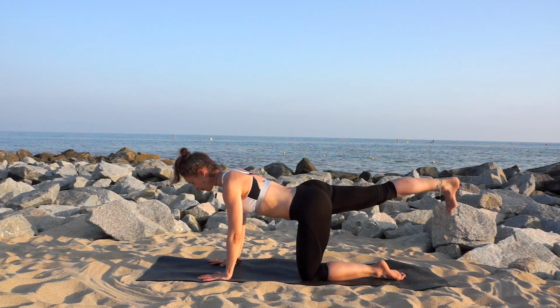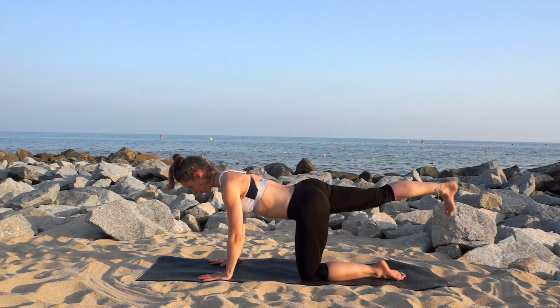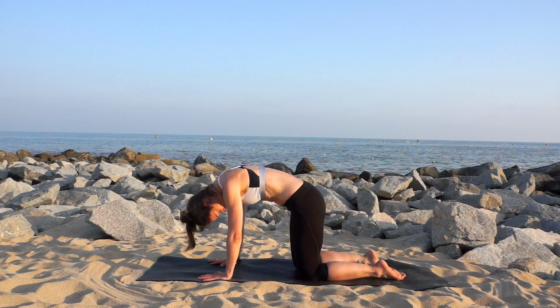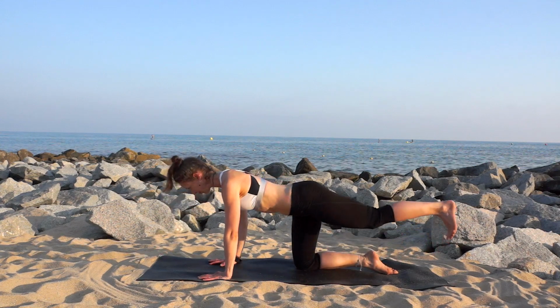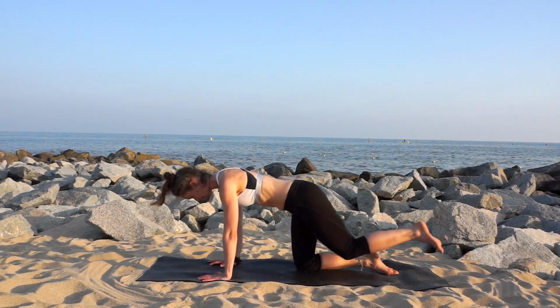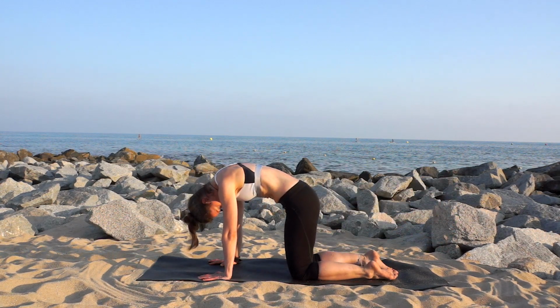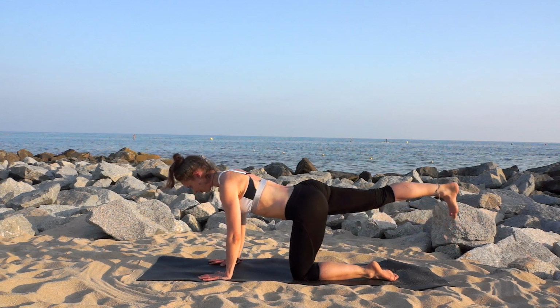Now, the legs are going to have a little party. Same principle, we're kicking the right leg out twice, then bring the knee back to center, crunching, and then lifting the left leg, crunching, pulling the knee in, pulling your navel in, stretching out, putting down, rolling, crunching, right side,